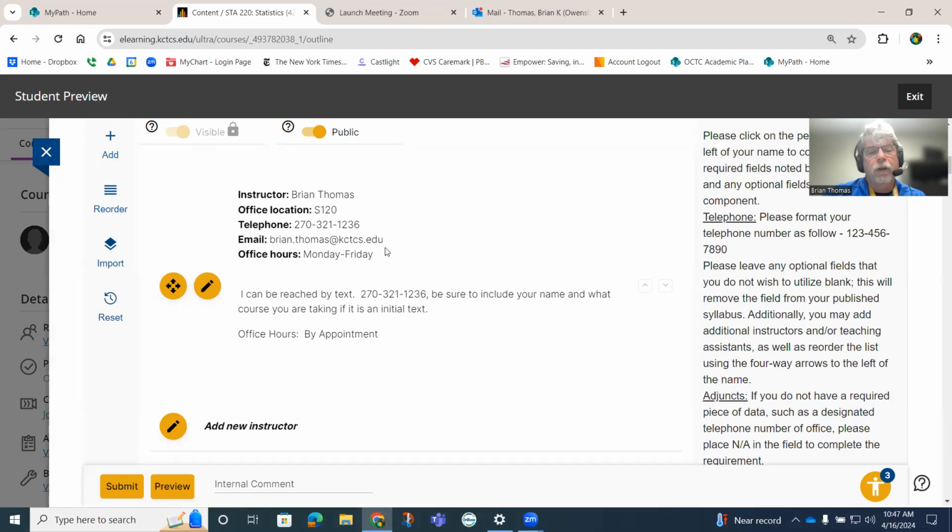for me, email is probably the main way of getting a hold of me, and then, of course, texting. I'll be happy to call you back, but if you call me, I'm probably not going to be able to answer a phone call directly in the summer. If you want me to call you back, I will at my quickest convenience. But texting and emailing are going to be the main two ways to communicate throughout the summer. You can find that information inside the syllabus, and there's a lot of stuff there that you can pick up on.